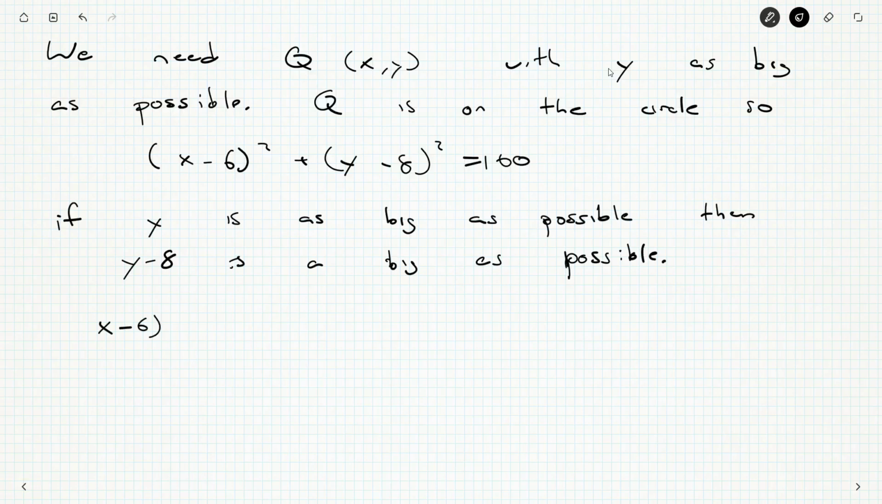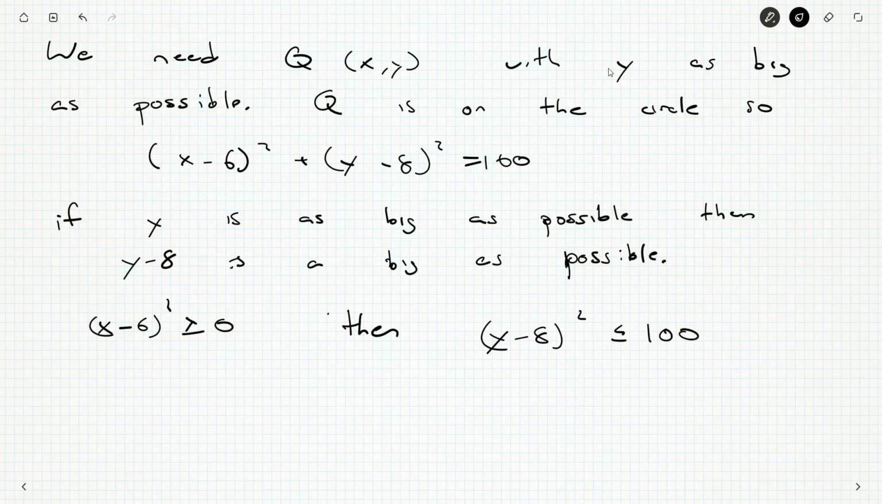X minus 6 squared, no matter what it is, is non-negative, since it's a square. You'll never meet a number that's a square number and negative. That's just not possible. So that tells me y minus 8 squared, all on its own, is less than or equal to 100. Maybe x minus 6 is a certain amount, and that brings it down a bit, but there we go. So if y minus 8 is as big as possible,